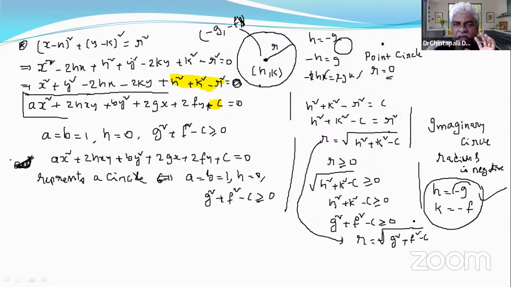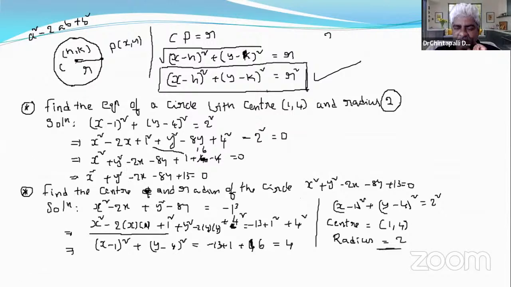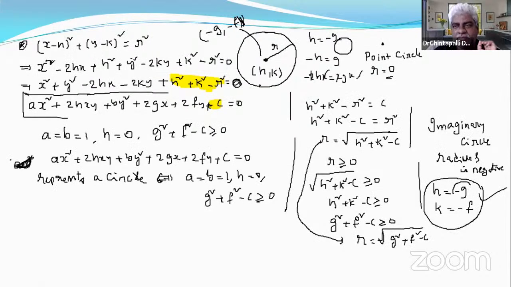The purpose of having this discussion is to get an easy way to find the center and radius. Previously, we used the completing the square method to find the center and radius of a given circle, right? Now, out of this discussion, we arrived at a simple formula to find the center and radius. That is written here. So, the conclusion of this discussion is: